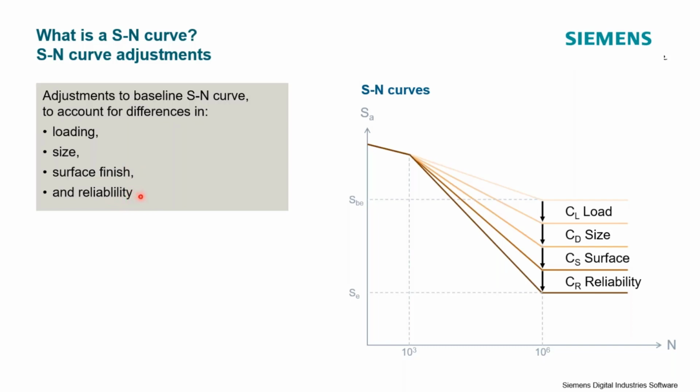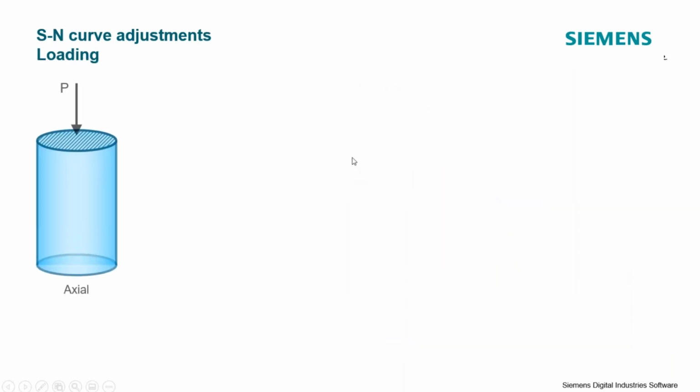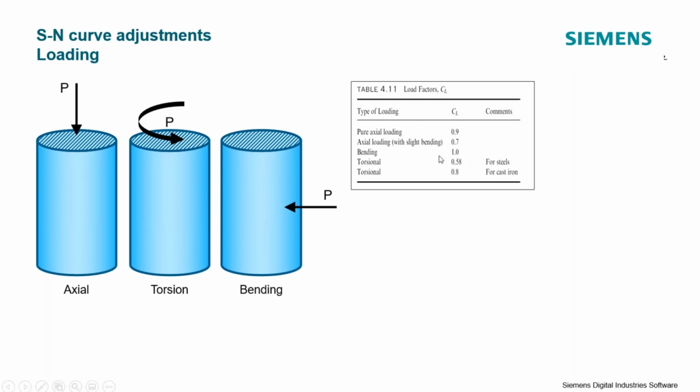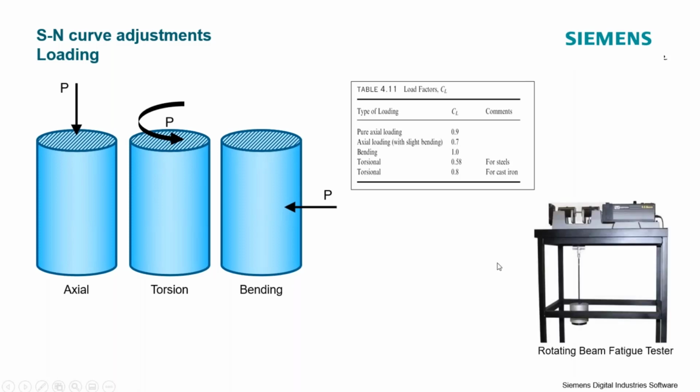Maybe we want to apply a safety factor on our SN curve to account for the fact that generation of these SN curves is essentially a statistical process where we're failing a certain number of coupons or samples, and then we're using those as our data points for the SN curve. And the more samples you test at each load level, the more accurate your SN curve. So here's just an example of some adjustments that can be made to an SN curve to account for the different loading types that might be applied to the actual device under test that we want to analyze.